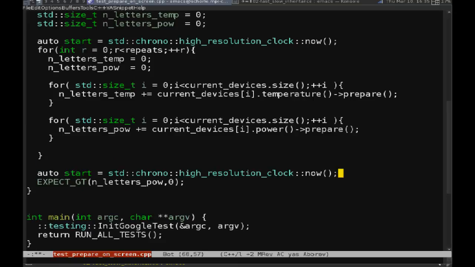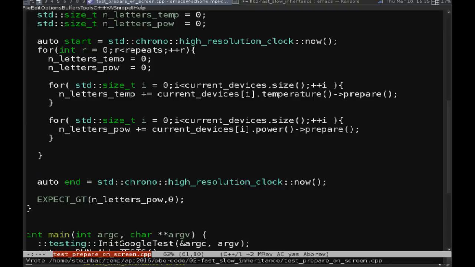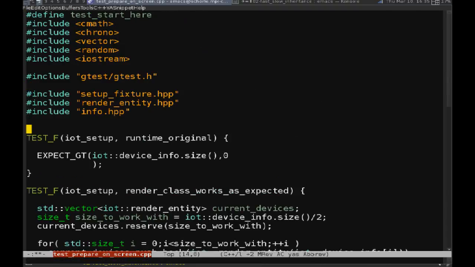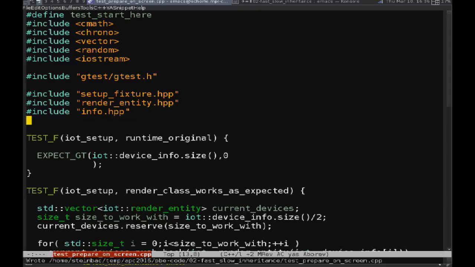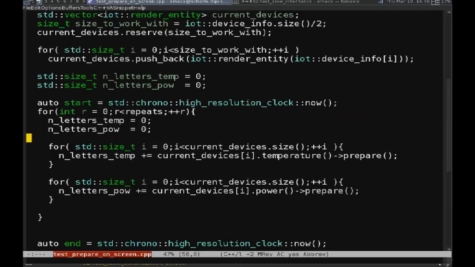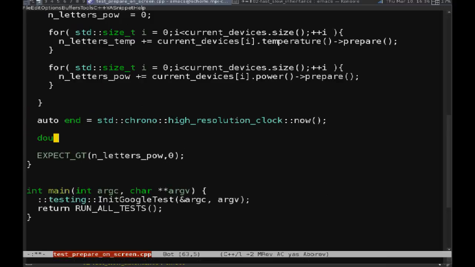And we do this at the end as well. I forgot to define the repeat. Static int repeats 10, something like this, or let's do 5. Good. Splendid. I did prepare well. All right. So now we have to do this ominous double time diff